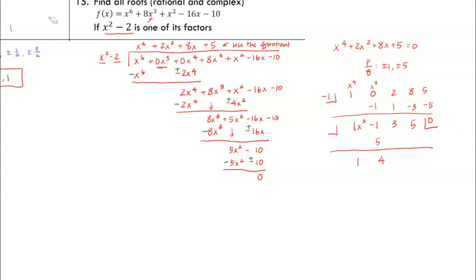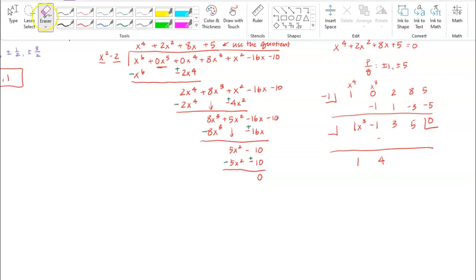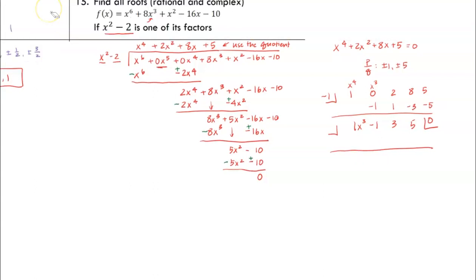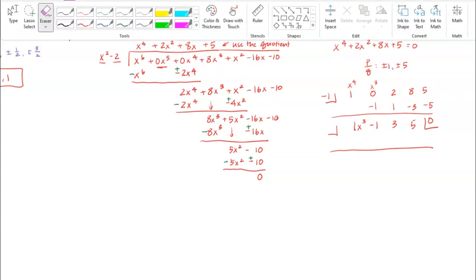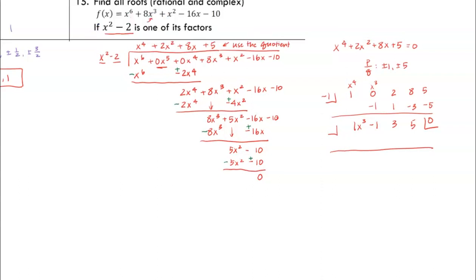And then remember, these can have multiplicity. So I'm going to try negative 1 again. 1, negative 1, negative 2, 2, 5, negative 5. Voila. Now this is going to be reduced down to a